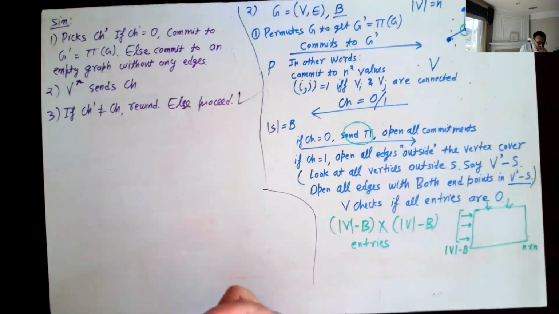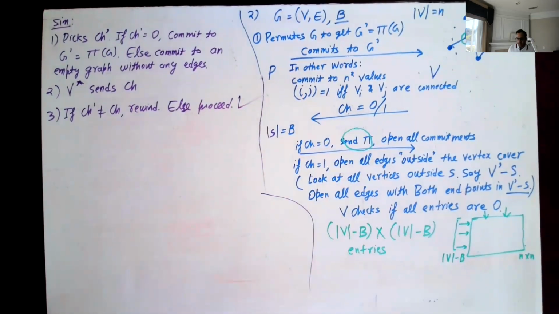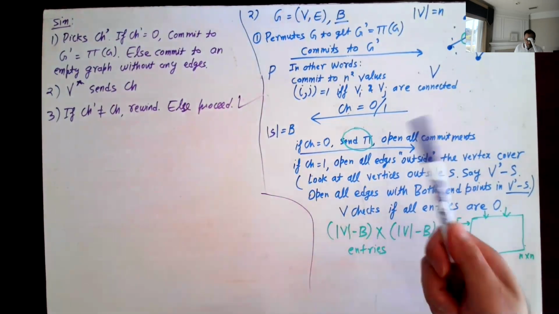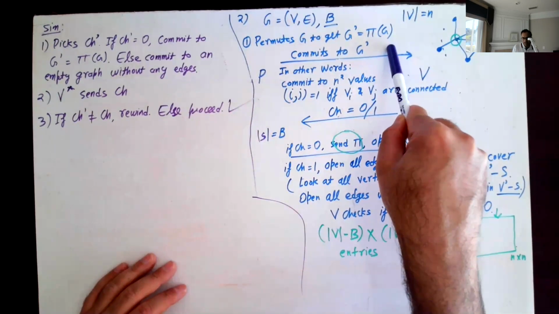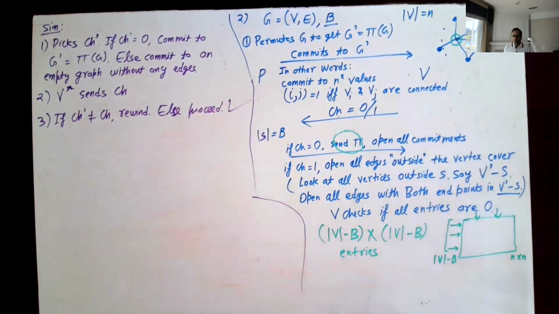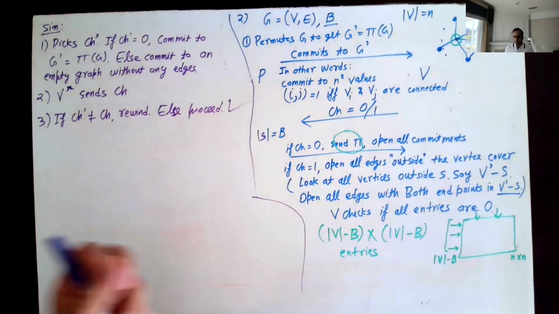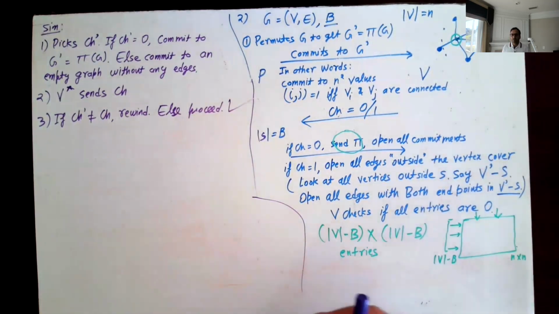But now for CH equals 1, there is some difference, right? Because in CH equals 1, all the entries which are being committed are 0 as far as the simulator is concerned. Whereas the actual prover will not commit to an all 0 graph. But now the point is, you have the hiding of the commitment scheme, and then the only edges which are being opened are 0, both in simulated as well as in the real transcript. So that's sort of the rough sketch.